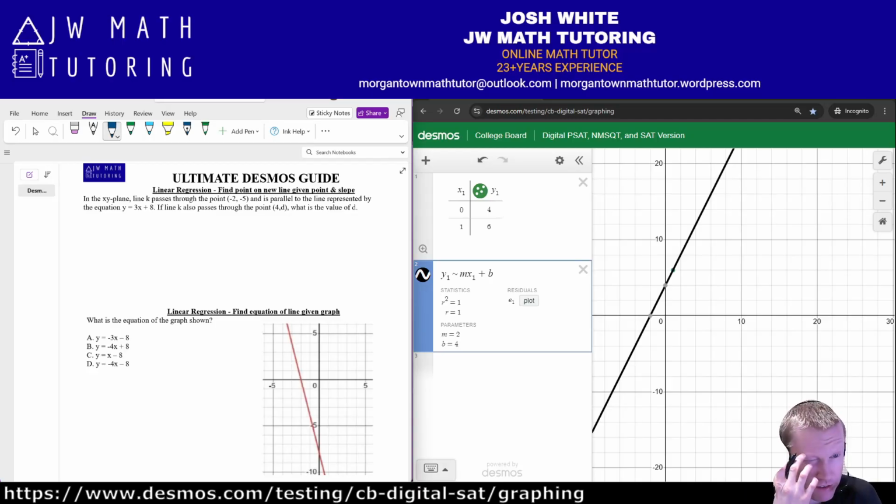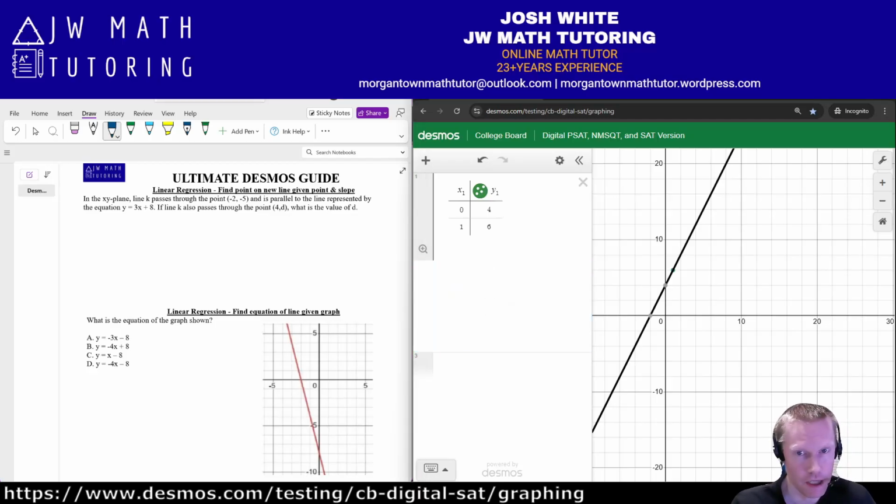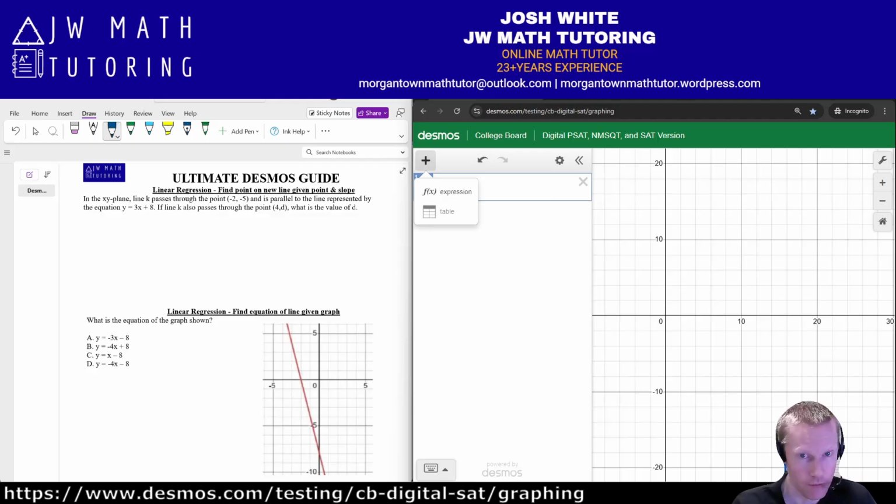And then what you're actually asked to find, though, is not the equation of the new line, but the y-coordinate of the point 4 comma something for this new line. All right, so it looks like you have a lot to do here, but it actually will not be a lot at all. So what I'm going to do is